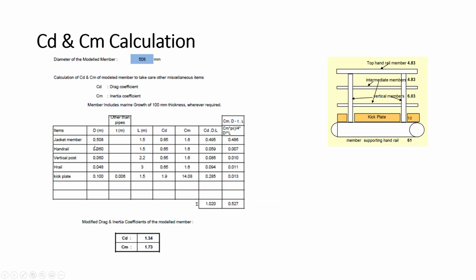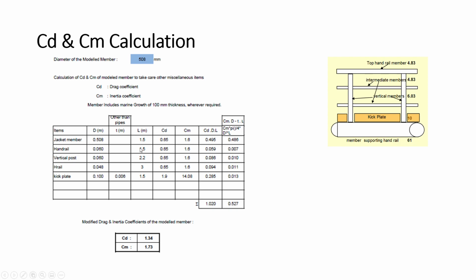I will show a sample calculation here. If you see here, we will model up to here only. We will not model the top portion here. For this also, it will attract the wave, and that load will be transferred to the supporting member. In order to do that, we have to calculate the CDCM for these items and override it for this member. So automatically when the wave hits, it is simply amplified. We put a factor of 1.1, something like that, but in terms of CDCM only, that's all.